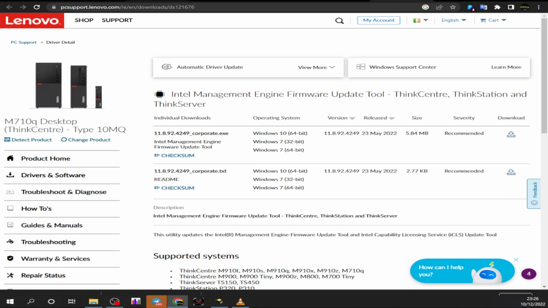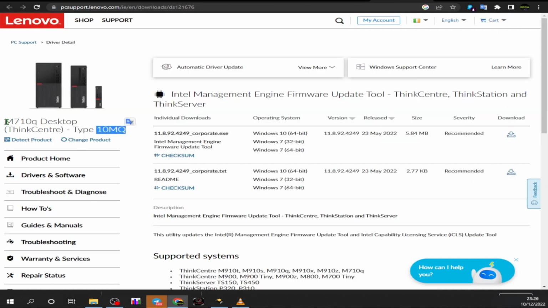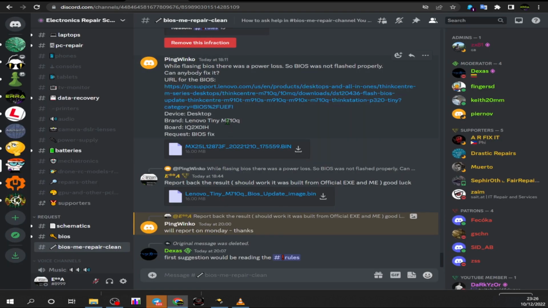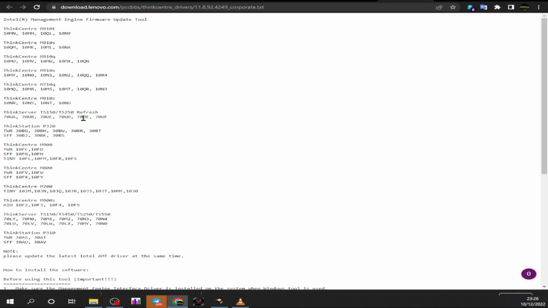Now we are in the M710Q. Sorry, we have here M710Q, same thing, and this is the type number, and here is the executable file for our machine. Let's check the readme, and you just click here, you will get this new page, and here is